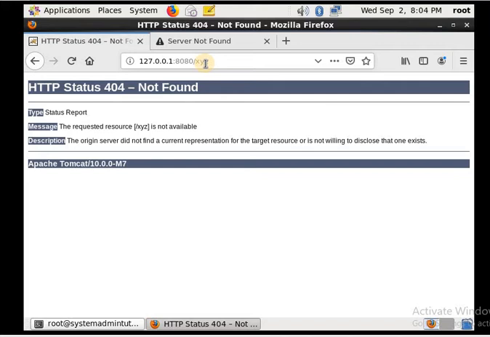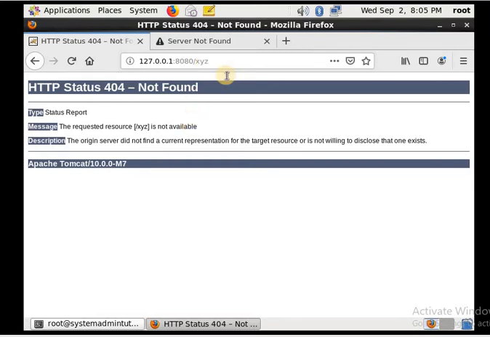There are different error codes. Some of the basic error codes are 404, 500, 400, 403. 404 is for when the web page is not available but you are still requesting it. And if there is a permission issue, then you will get 403. These are some of the error codes.